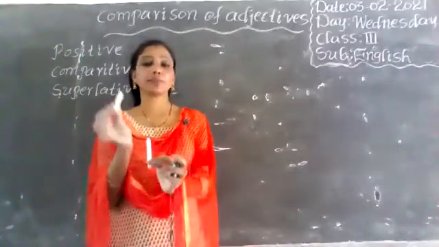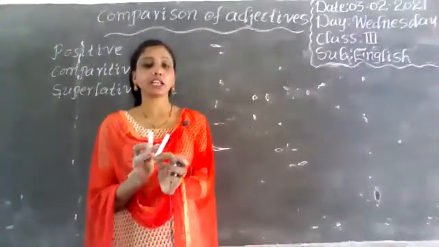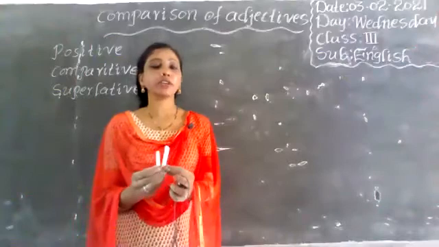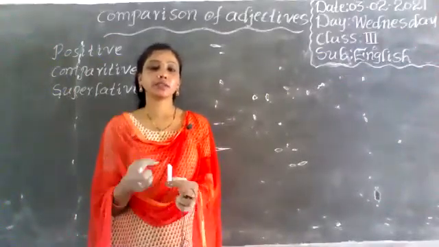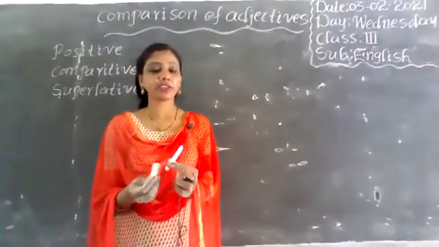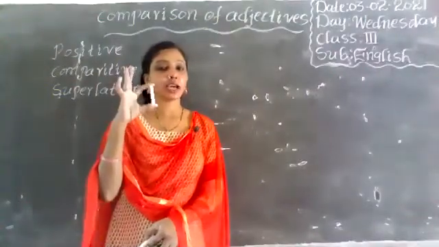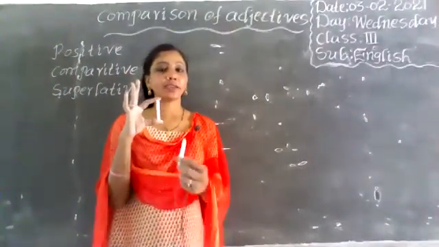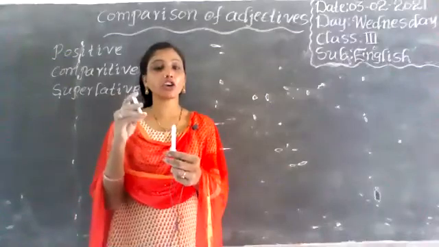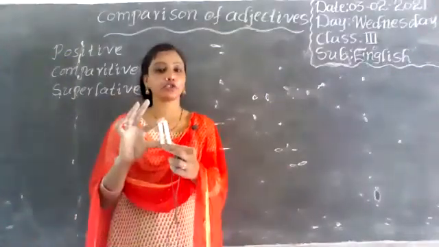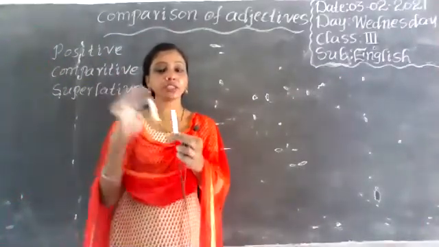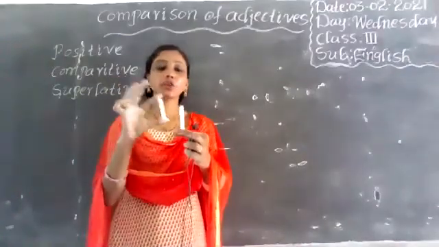So here I have two pieces of chalk. One is a long chalk, the second one is a short one. It is long. It is short. So I'm comparing these two pieces of chalk now. If I say I have a short chalk piece, this is shorter than this chalk piece, right? If I say I have a long chalk piece, then I have one more chalk piece. So compare these two chalk pieces now. This chalk piece is longer than this chalk piece, right? This is a long chalk piece, but comparing to this, this is longer.